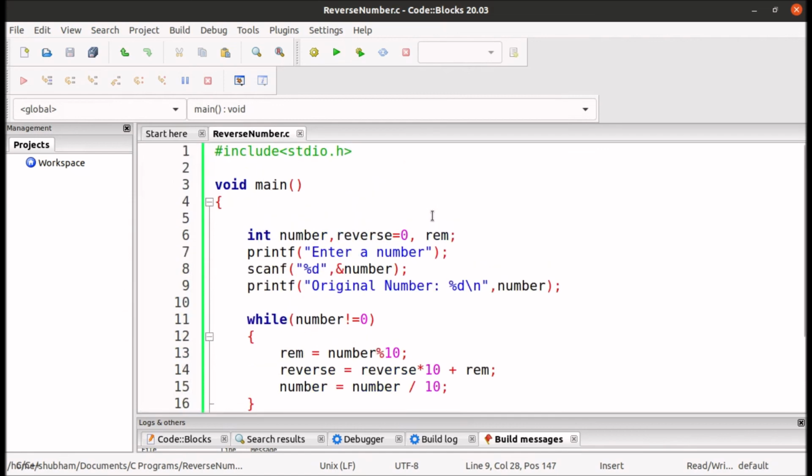In the next video we will write the code to print the sum of digits of the number. So assume we have given input as 123, so we will take each digit and add them to the other remaining digits. So 1 plus 2 plus 3 is equal to 6. We will do this in the next video.